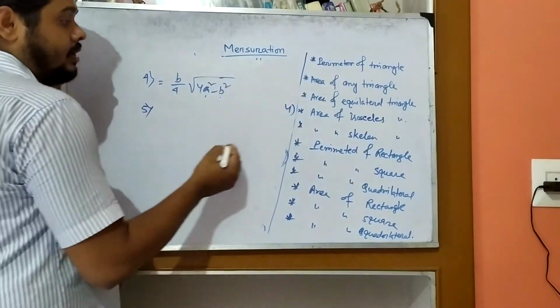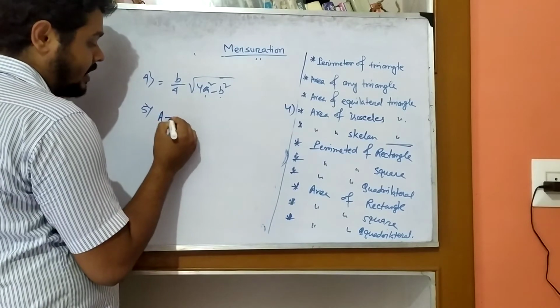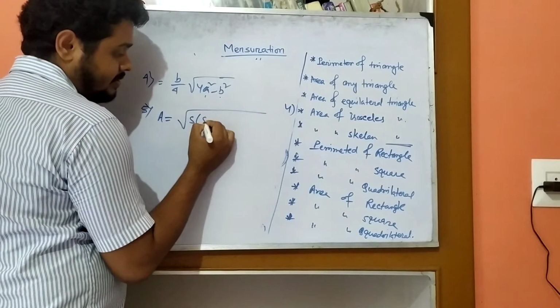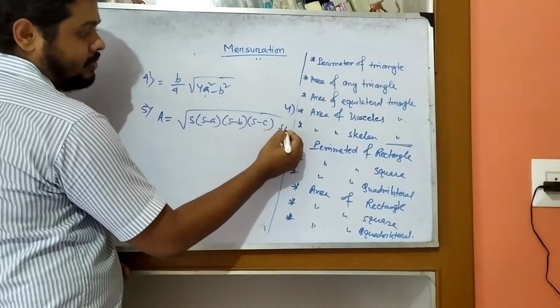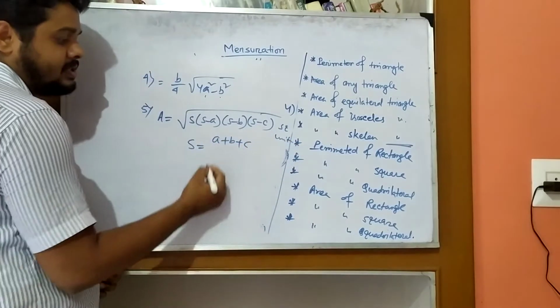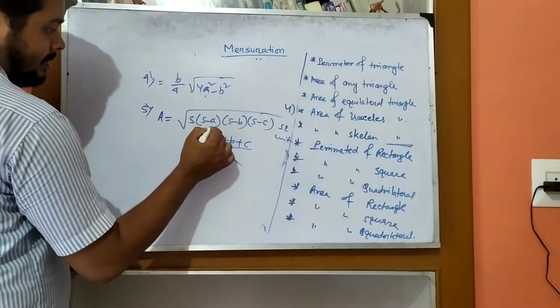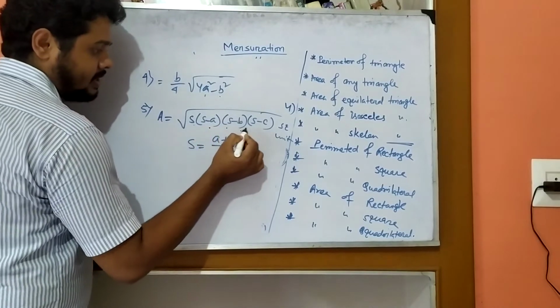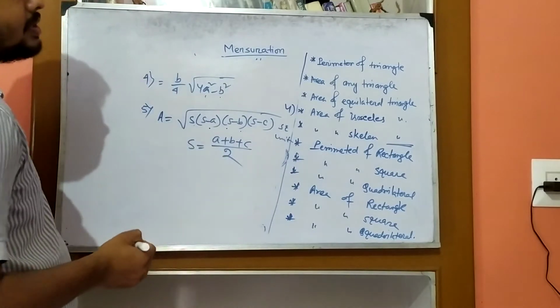And what is the area of a scalene triangle? Area of a scalene triangle equals root over of s into s minus a into s minus b into s minus c, square unit, where s is the semi perimeter. Perimeter means the sum of three sides, and semi perimeter means a plus b plus c by 2. So after calculation, semi perimeter into semi perimeter minus first side, semi perimeter minus second side, semi perimeter minus third side, that is c, we can get the area of a scalene triangle.